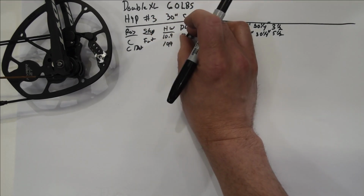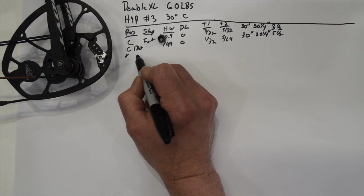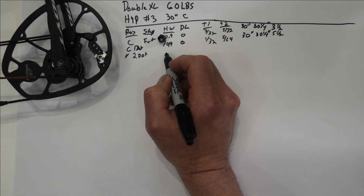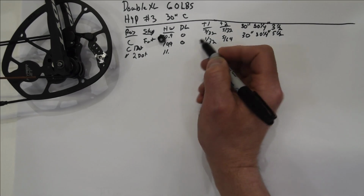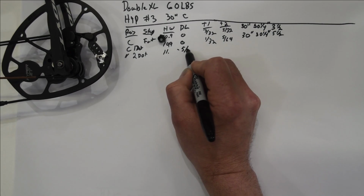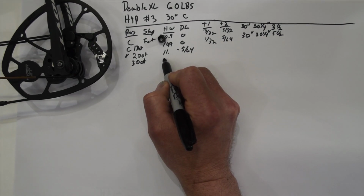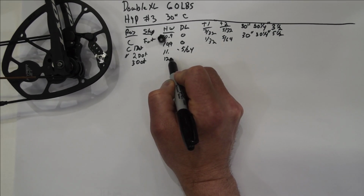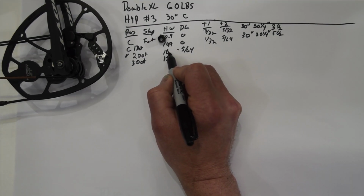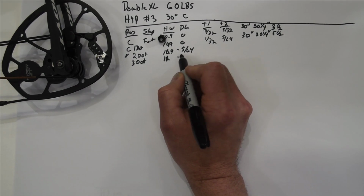Now, as far as when we want to shorten the draw length up, we're going to go to the 2 dot side. We're going to stay in position C, and we're going to go to 2 dots. And that's going to change our holding weight a little bit and our draw length. Our holding weight stays about the same, and our draw length will actually go down 5/64 of an inch. With 3 dots, I'm sorry, 2 dots was actually 10.9 pounds. 3 dots is 11 pounds, and we're going to go to